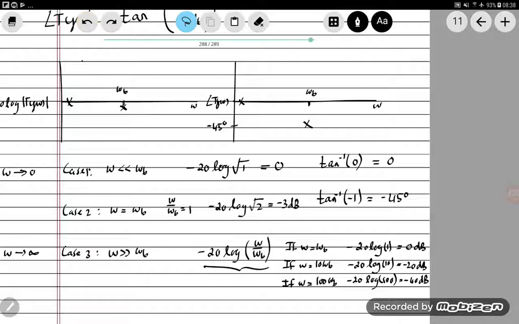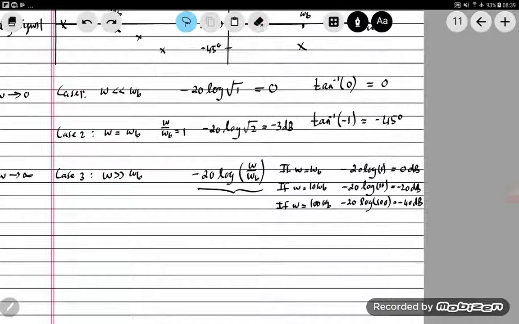Sorry, let's do it like this. So we know that at, say, 10 times omega b, it will be negative 20 decibels, and at 100 times omega b, it will be negative 40 decibels. Okay, so